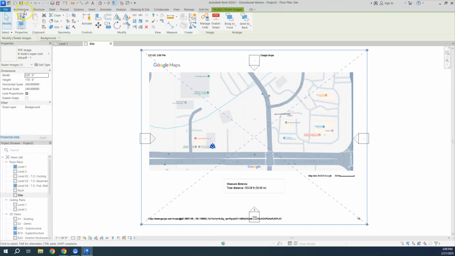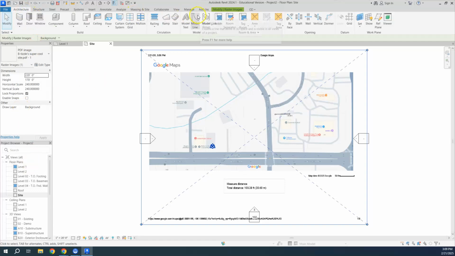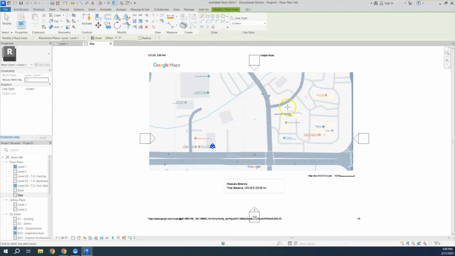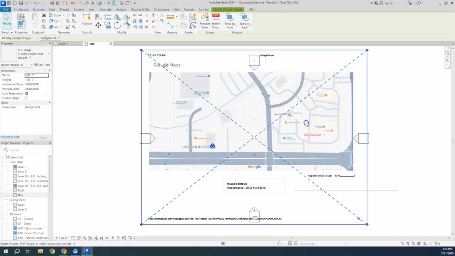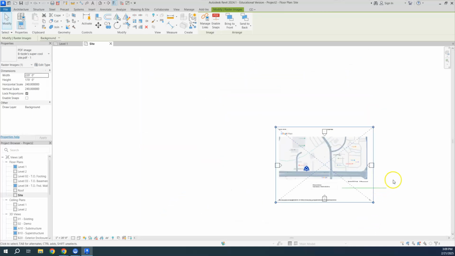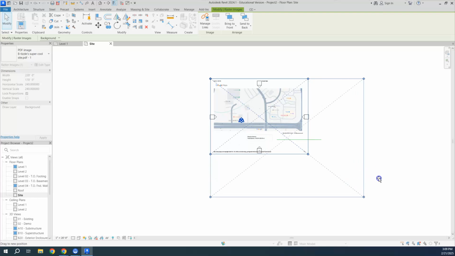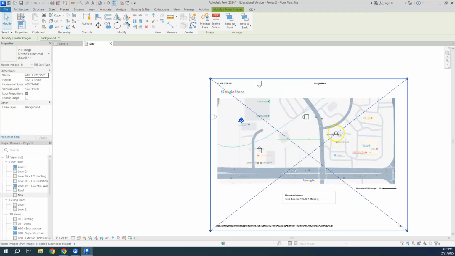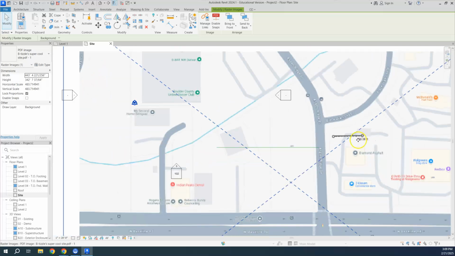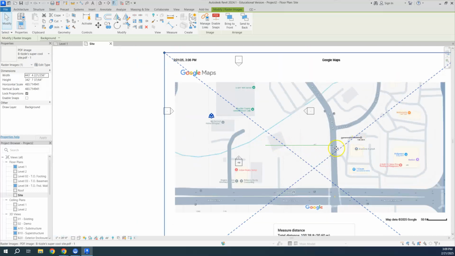Now I'm going to go to the architecture tab, and I'm going to click on model line. And I want to create a line in here that is 100 feet long. So I'm just going to draw a line down here, and I'm going to type in 100. Boom, there's a 100-foot line. Then if I hit the escape key, now I have a line in there. I'm still on the model line draw, so I'm going to hit the modify, and now I choose my little image here. I'm going to scroll wheel out to zoom out, and I need to make this image, this line, my little scaled line that's 100 feet, I need that to be the same length as this little model line